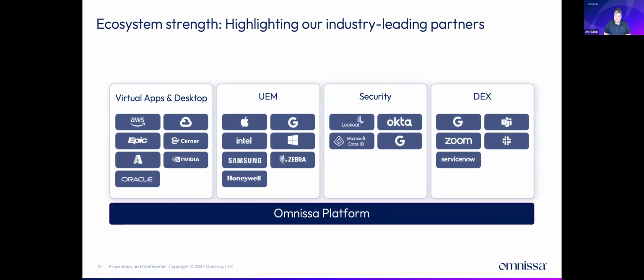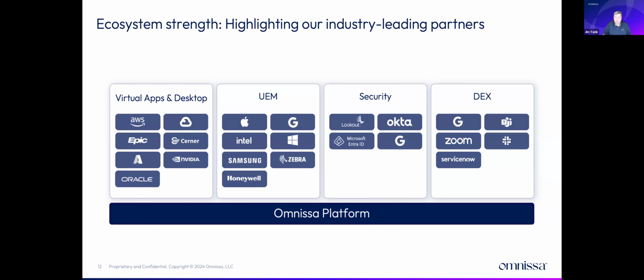So we have a ton of partners. Most of this goes back to both the VMware and AirWatch days. So a ton of partnerships on the Horizon side. Epic and Cerner, you know, we're platforms of record. The ability to use multiple clouds like AWS and Azure. On the UEM side, we can manage pretty much every device that's available. We also do a lot in the frontline space with some of the specialized devices like Zebra and Honeywell. On the security side, we've got a strong OEM partnership with Lookout for our mobile threat detection solution within UEM.